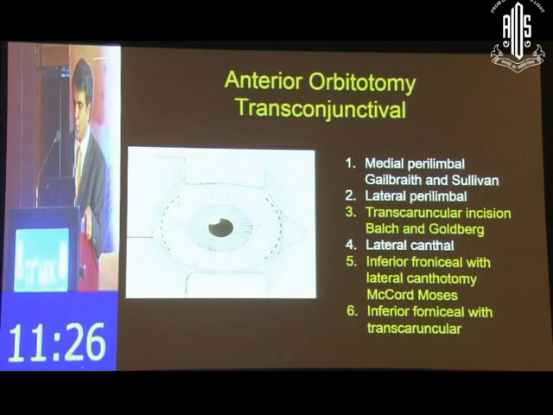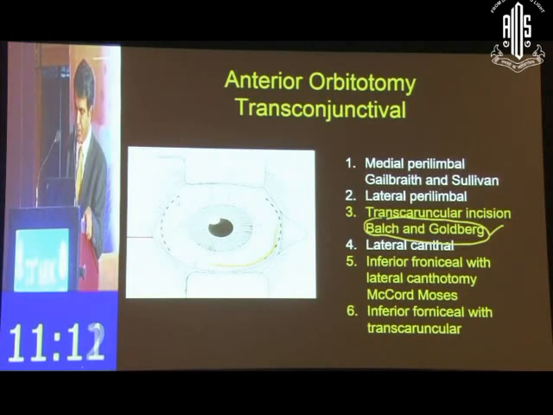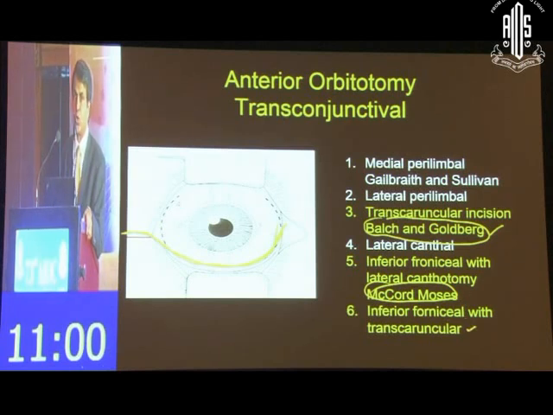When you talk about orbitotomy, there are several approaches, one of which is anterior orbitotomy. You may want to remember these names. Transcaruncular incision goes by the name of Balk and Goldberg. If you simply remember Goldberg, that would be enough. Inferior fornical approach with lateral canthotomy, a very panoramic exposure of the orbit, goes by the name of McCord-Moses. And inferior fornical with transcaruncular doesn't go by any name, but it is also a very useful approach